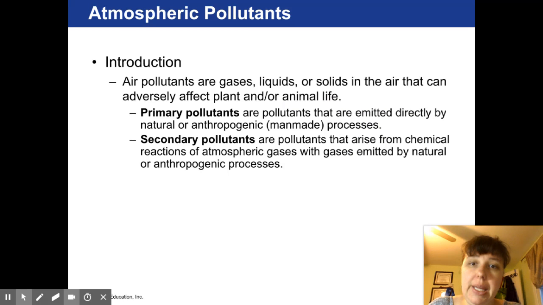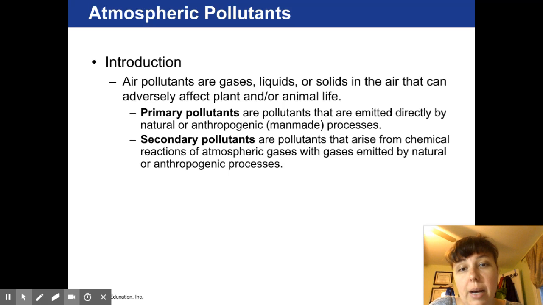Air pollution is any gas, liquid, or solid air particulate that has entered the atmosphere that can adversely affect plants or animals, that is man-made, specifically in its entry. Primary pollutants are emitted directly, and they come from either natural or anthropogenic, man-made processes. And secondary pollutants are pollutants that arise from chemical reactions in atmospheric gas with gases emitted by natural or anthropogenic